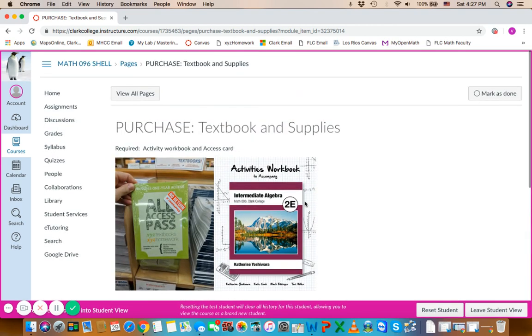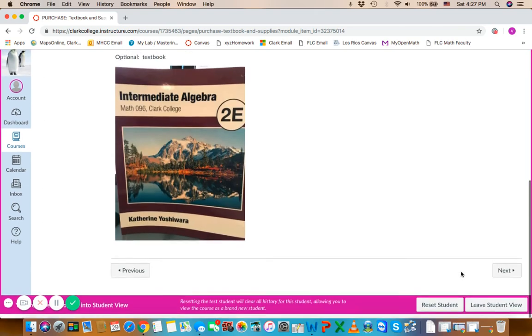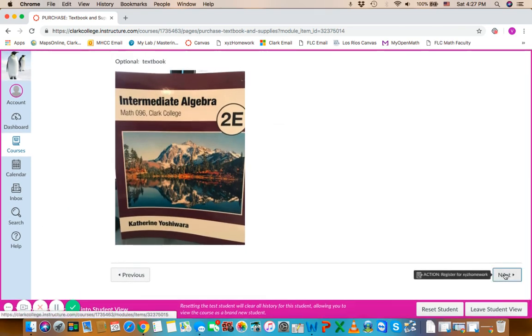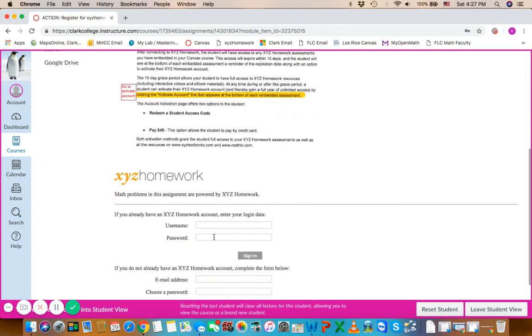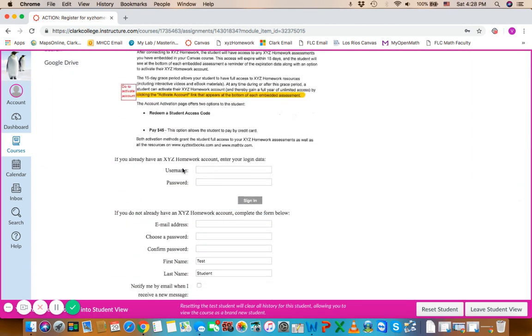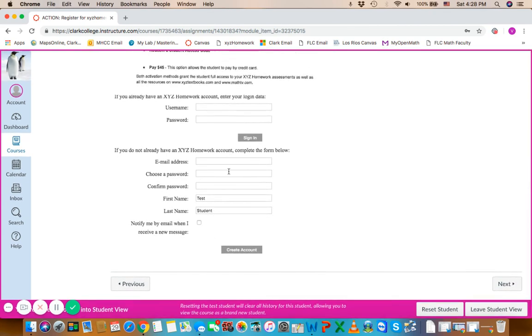If ever you want to go to the next page, you can always, instead of going home, click next. Next thing you need to do is register for XYZ homework. You're going to get that All Access Pass, and here's kind of a screenshot of what it's going to look like. So when you scroll down to the very bottom, you'll enter your username, and you can sign in if you already have that, and if you don't, you're going to make an account by filling in the lower portion information here. So that is how to create an account, XYZ, and